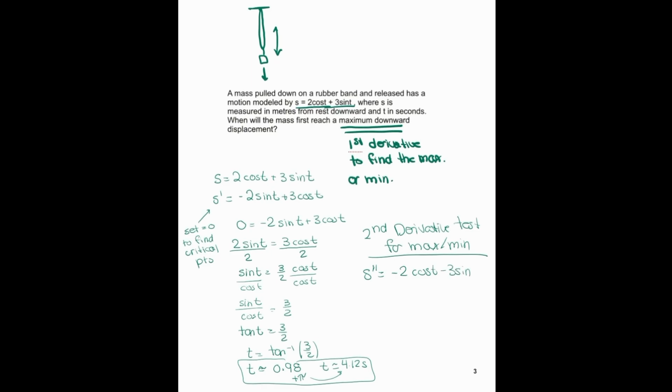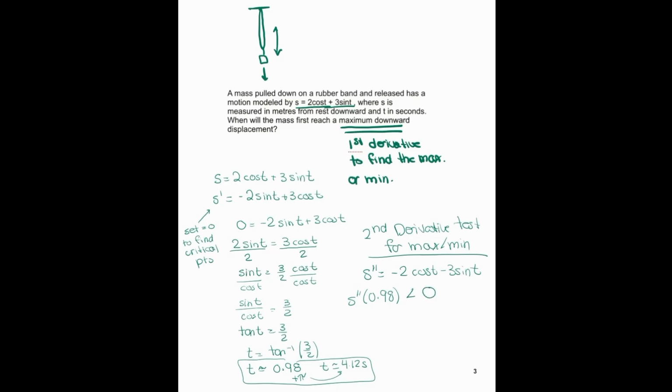3 sine t. If you're unsure about how I'm getting those derivatives, go back to the first 2 lessons that I posted last week, and that will go through for you how I'm getting these derivatives, where they're coming from. So now I'm going to plug in my values. What is the value of my second derivative when my time is 0.98 seconds? If we plug that into the calculator, we will find that it is